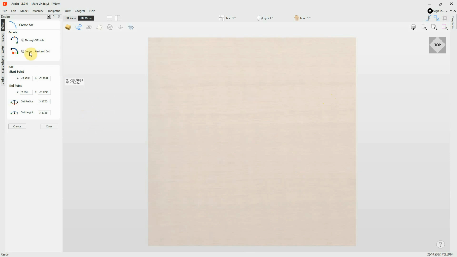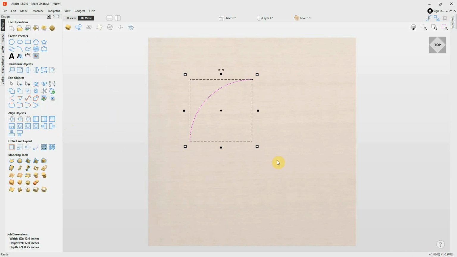Control Z and center, start, and end. I'll go to my X0, Y0, and we see the guides pop up for that. That's my rotation center. We'll come out, and I'll start up here, and we'll work around this way until I get to 180 degrees, and there's my arc. So there is no difference in the 3D view versus the 2D view. So that's how we draw an arc using both methods within the 2D view and the 3D view of the